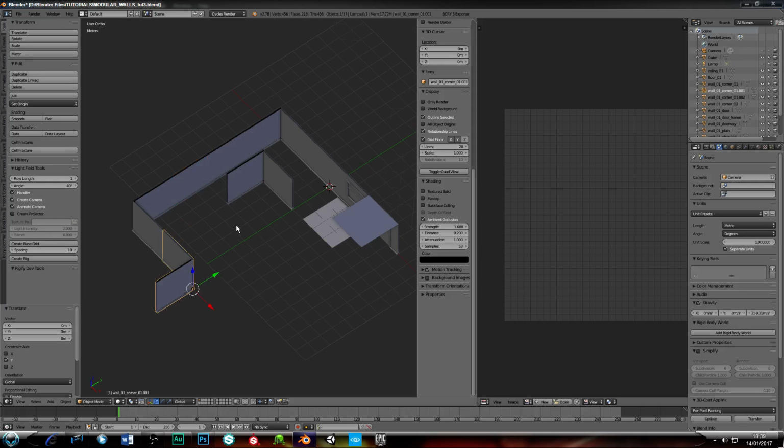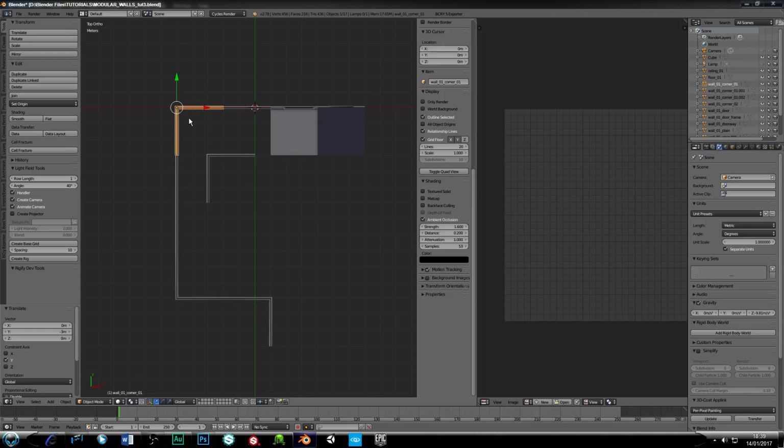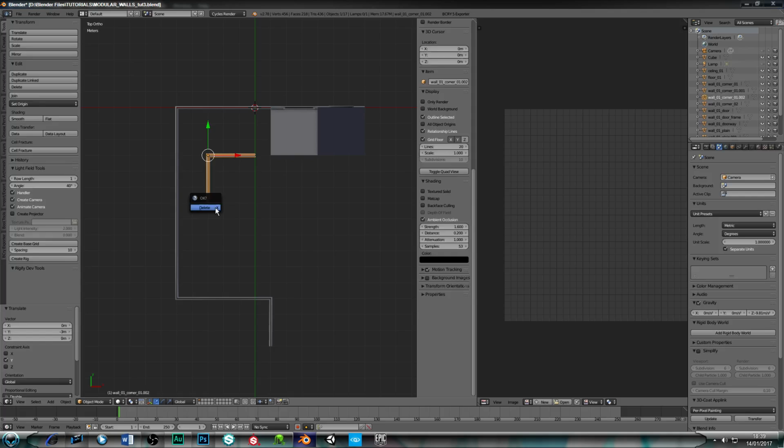Corner wall 1, it's corner wall 1, it's not what we want, corner wall 2 is the one we want for there. Yeah, we'll delete that,